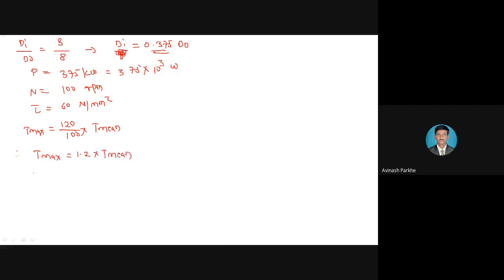In addition to that, the length of the shaft is 4 meter, that is 4000 mm. Theta is equal to 2 degree. It is given in degree, but we have to convert theta into radian. So 2 into pi by 180. To convert theta from degree to radian, you have to multiply by pi by 180. What will be the radian value? Theta always we have to consider in radian only for further calculation or during the diameter calculation.